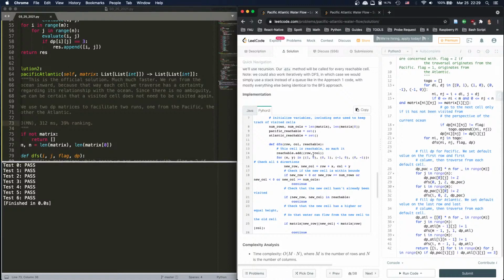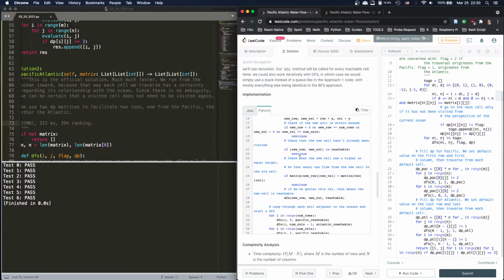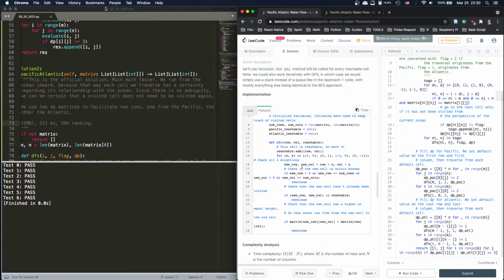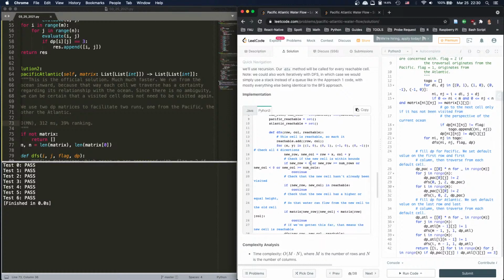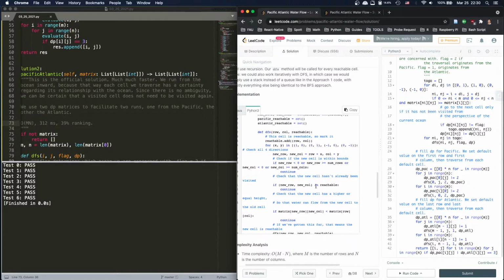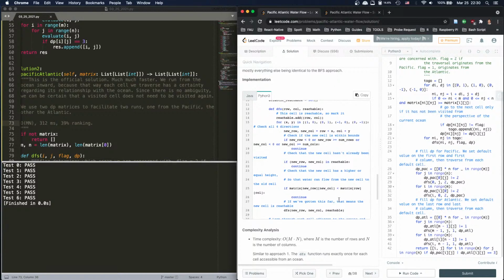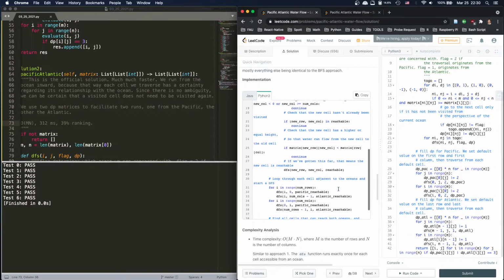Cell the reachable, so we mark it. And then we go for directions. And then we say the next one, yes, is within the bound. So if it's outside the bound, we don't consider. If it's within the bound, it's already reachable, then don't check again. So it has a higher or equal height. Yes. If it's smaller, then we don't do it. Otherwise, we go to the next one. And then for every one,